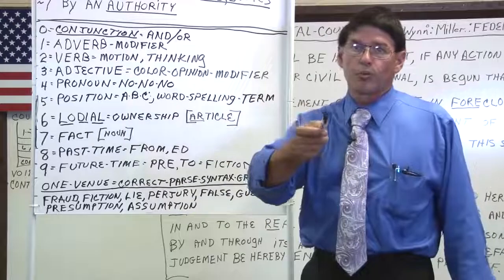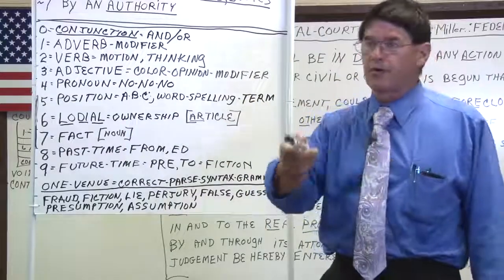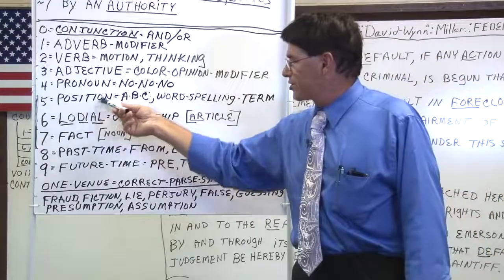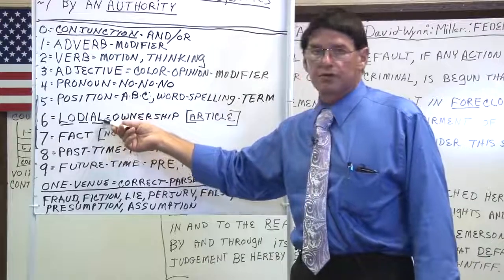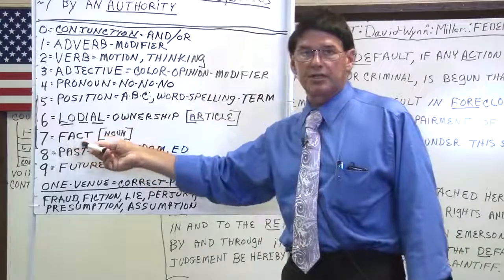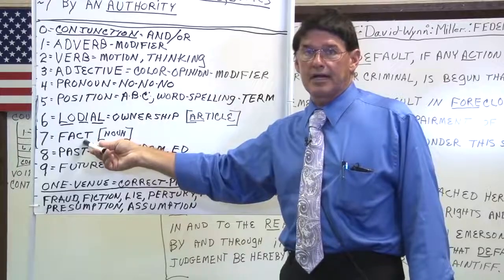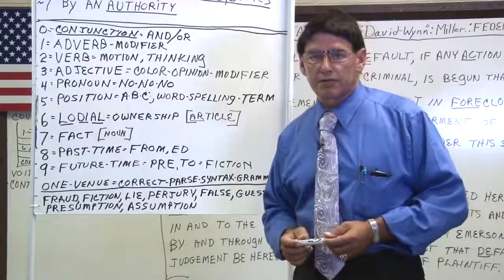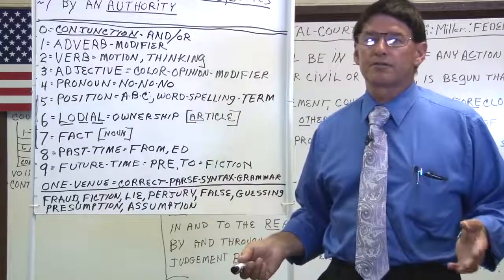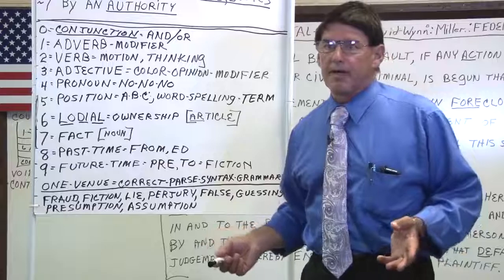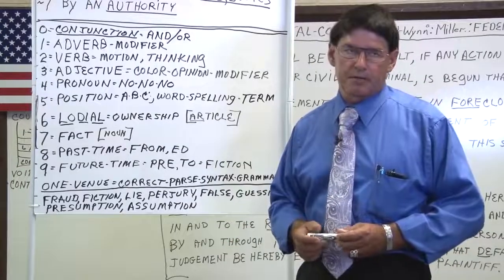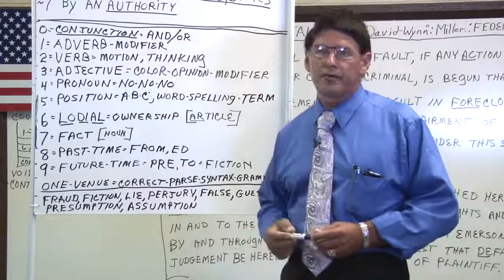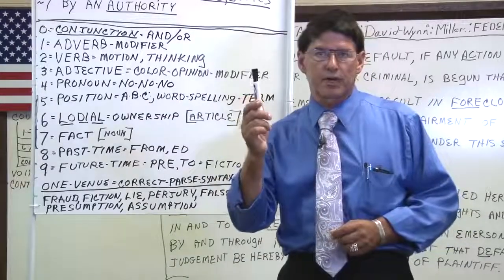If I say for your pen, for my pen, for her pen, for his pen, I'm changing the preposition, the position, and I'm also changing the ownership. So therefore, the fact is going to continue to change. I can do this 900 different ways because there are 68 prepositions and 38 articles. When you multiply those out, they come to 2,000. Divided by 2 is 1,000. Minus about 100 words that would never come together and be used in a logical explanation. So therefore, there's about 900 logical explanations to identify this one object.